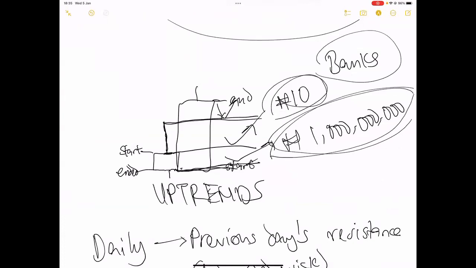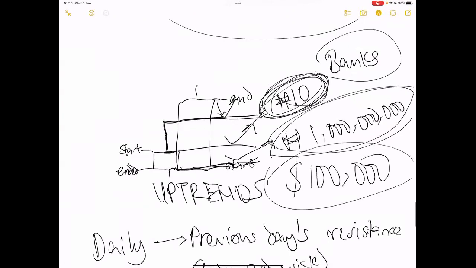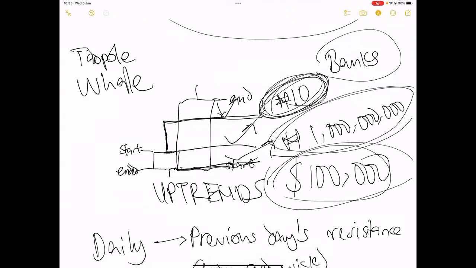You are using $10, $20, $50, $100, $500, $1,000, $10,000. You are using small chicken money. If you are using below 100K USD, you are trading as a tadpole in the market. If you are trading above 100K USD, you are a whale. So if you want to be a whale in the market and cause the market to move, be able to put this amount on a trade.